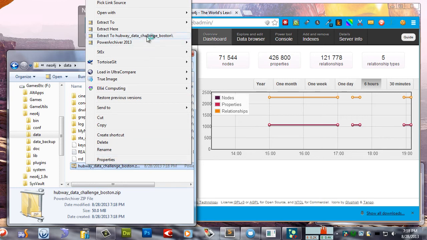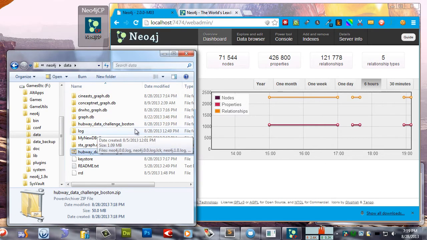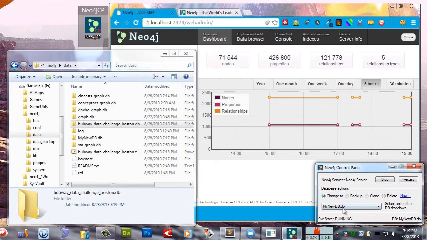So we're going to extract it to a folder. I don't have to put .db on the end of it, but it's a kind of community and standard reference. So we've got that new database, and if we go back over here,